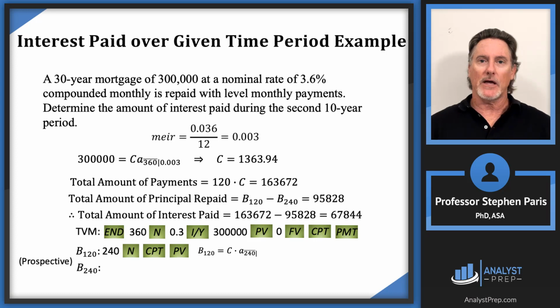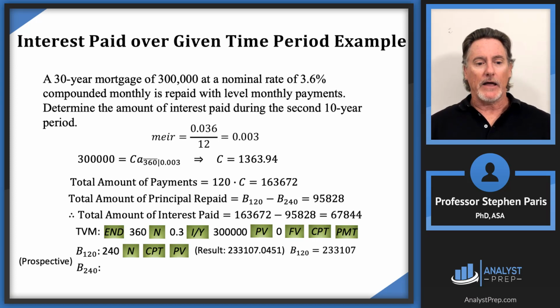And really what I'm calculating is the balance at time 120 is the present value of the remaining payments, and the present value of the remaining payments is the payment amount, C, times a angle 240, since there's 240 payments remaining to be made there. Okay, when I go through the keystrokes here, no surprise, I get the same result as I got before, that the balance at time 120 is this